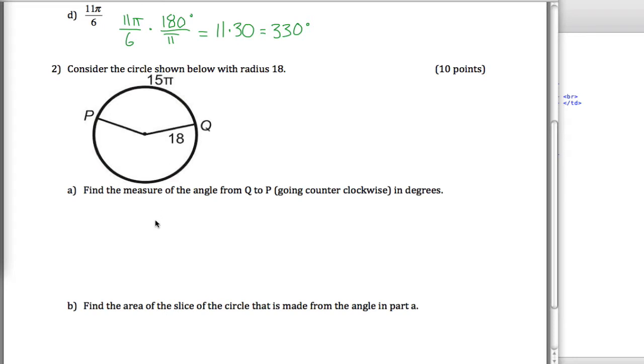Well, first let's figure out how many radians it is, and use our arc length formula. Arc length is equal to